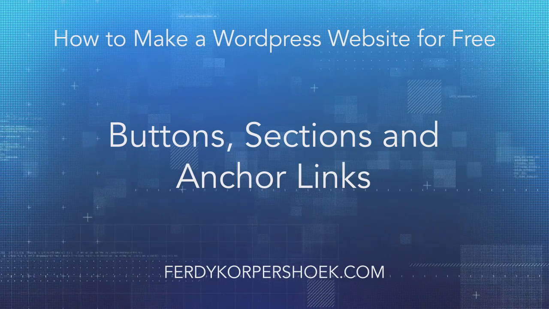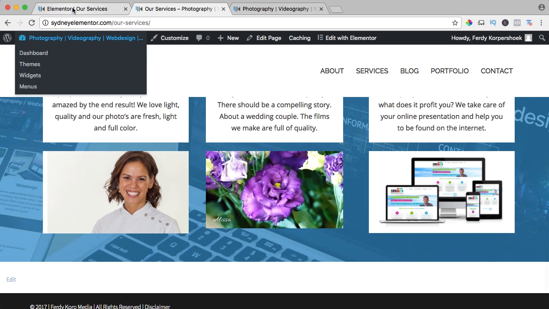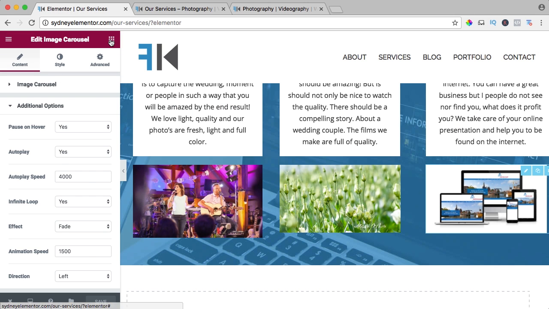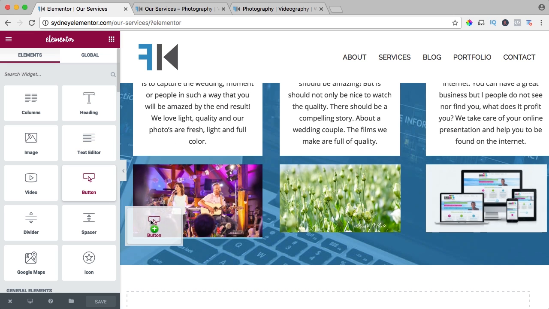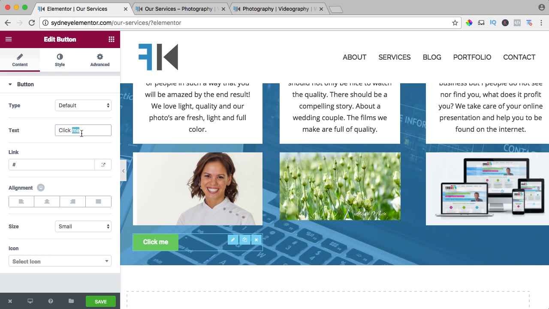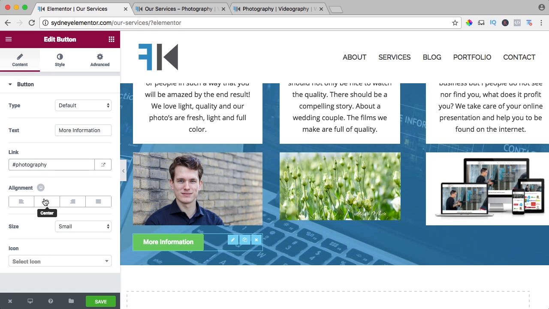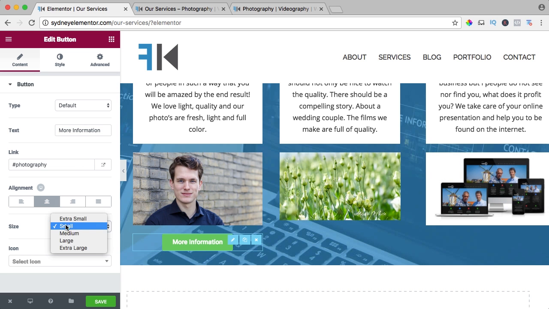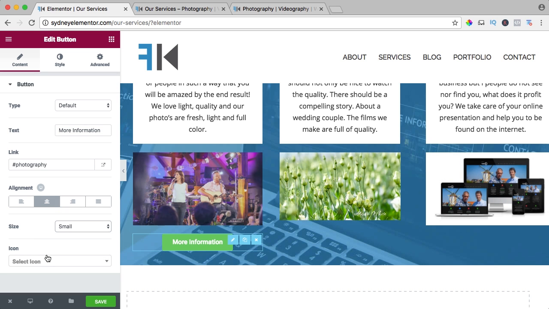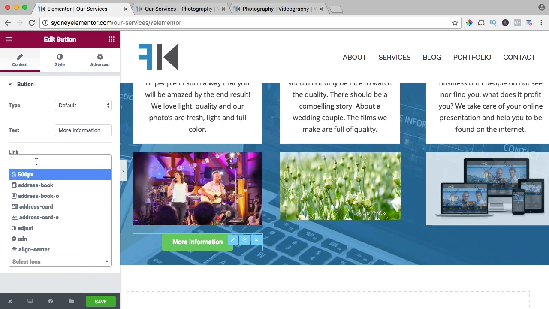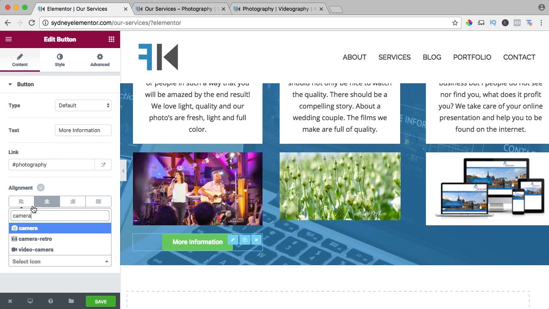I want to add a few buttons over here, so let's do that. Go to the backend, to elements, button, default, more information, hashtag, photography. I want it to be in the center. I want it to be small. I can have the same icon, camera,